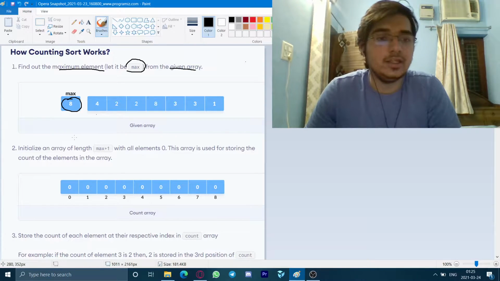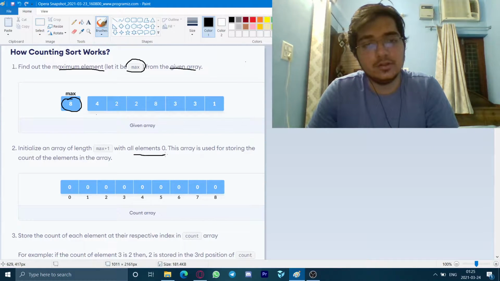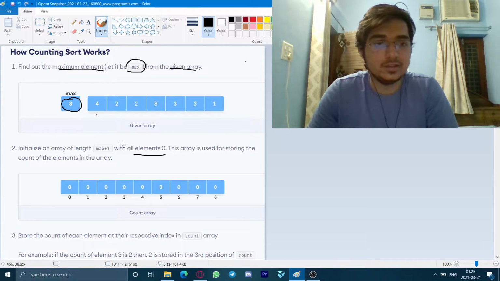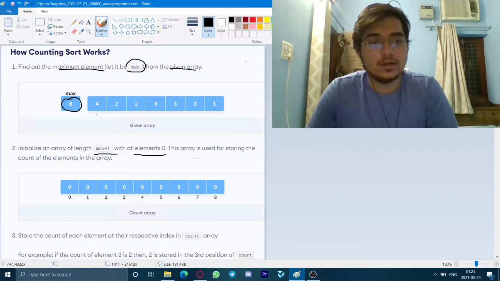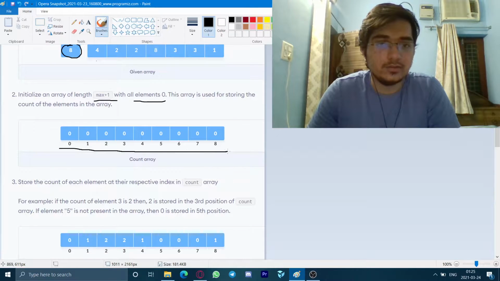Now we will be declaring an array of length max plus 1 with all elements 0. This is important because we will be storing the frequency of all the elements in this array, which has a length max plus 1. So this is the count array with zeros everywhere.